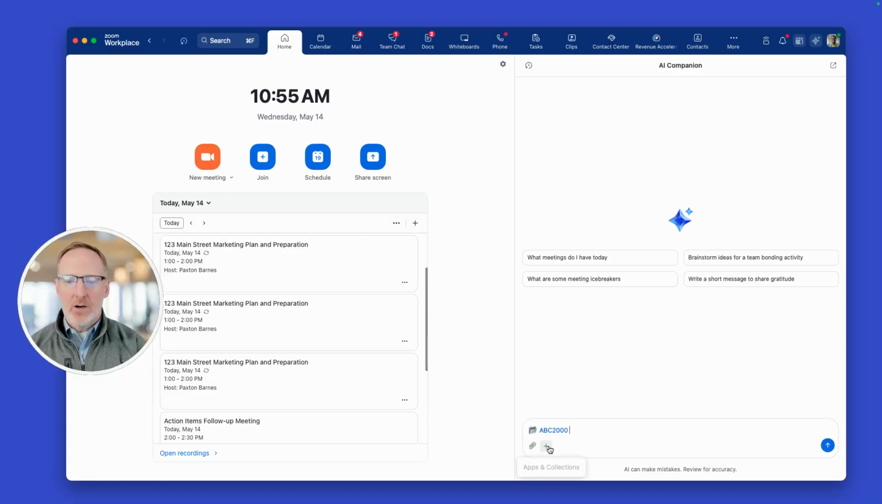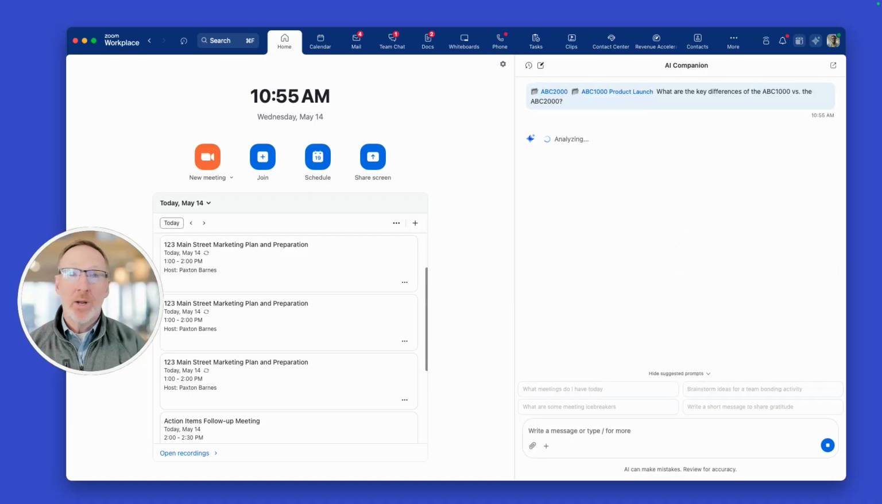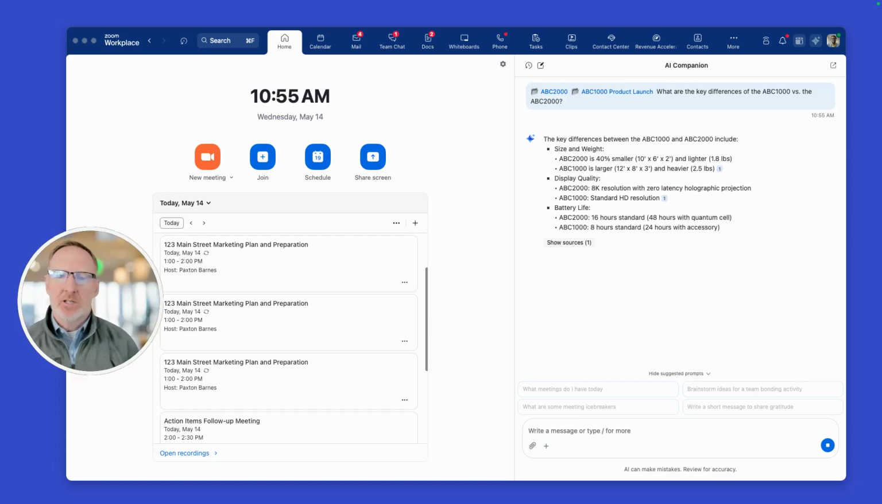But maybe even better would be the ability to reference multiple knowledge collections. So click the plus sign, I'll add in the ABC 1000, and I'll ask what are the key differences of the ABC 1000 versus the ABC 2000. And AI Companion, custom AI Companion, I should say, quickly gets to work to analyze both of those knowledge collections, benefited from the indexing that was done when we uploaded the file, and it's quickly going through the process